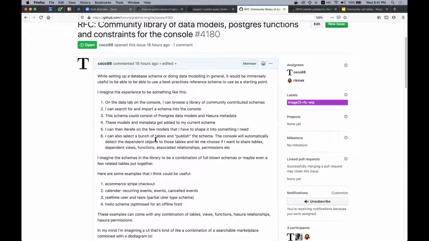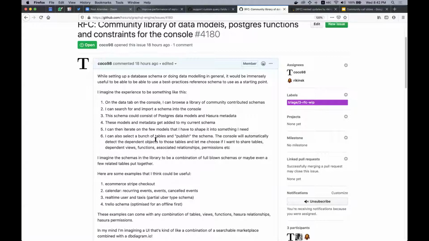and then a bunch of examples that other people from the community have contributed around their data models, or maybe a combination of data models and Hasura permissions, right? Especially, for example, looking at collaborative document editing, or you want a collaborative document kind of schema. And that has very interesting permission rules associated with it as well. And so you might want to import those data models and permissions.